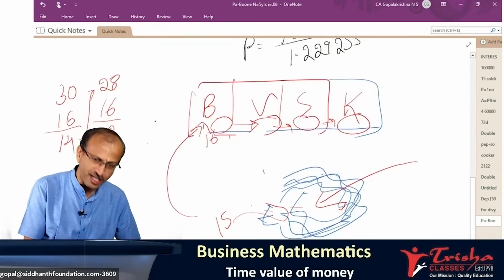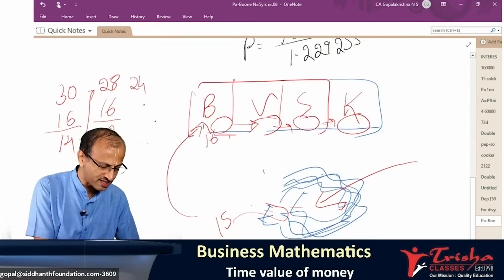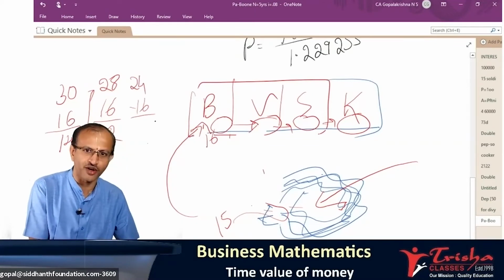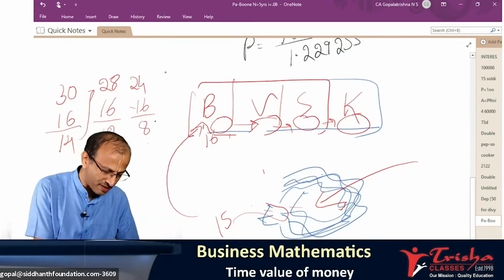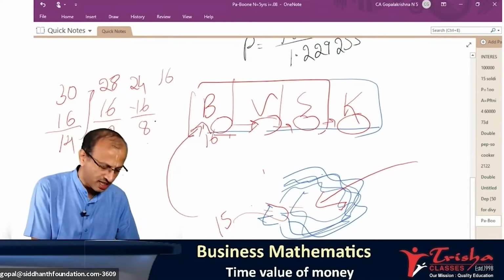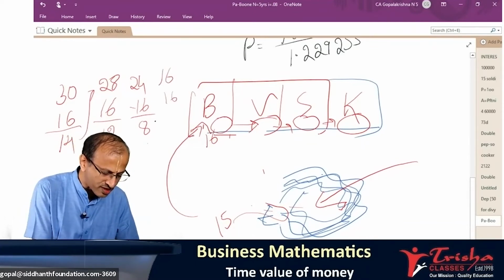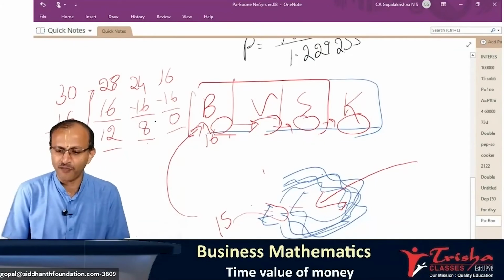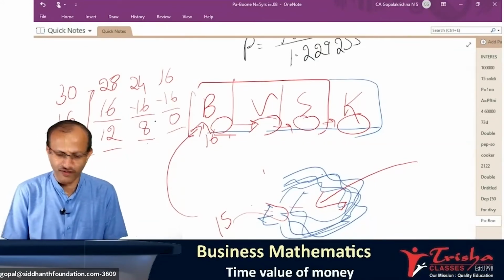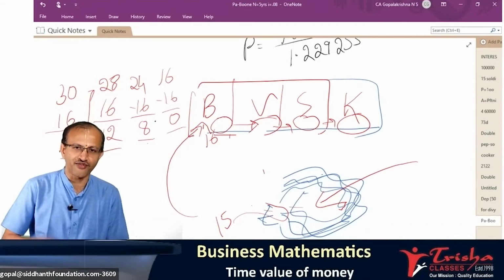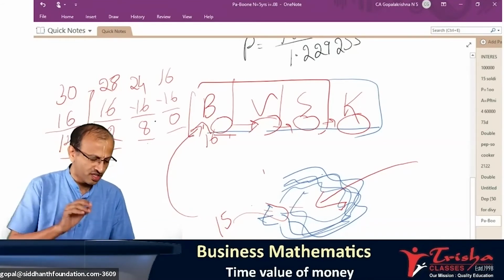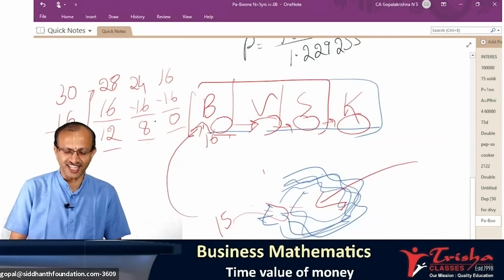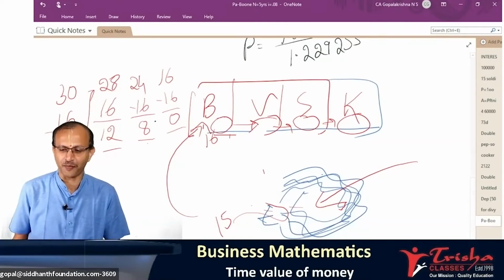Next, dips into water, becomes double, 24. 16 to Lord Shiva. So it is remaining with only 8. Dips into water, becomes double, 16 flowers. Then he keeps 16 flowers for Goddess Mata Kali. So it remains with nil. So finally, the number of flowers in the beginning is 15, and for each Lord or Goddess, it was 16 flowers. That's all, I think. Thank you for the very active participation.